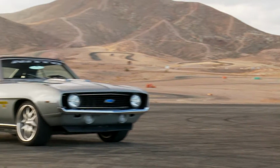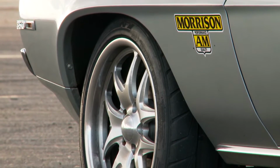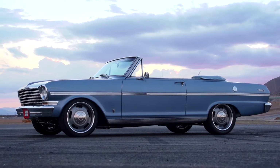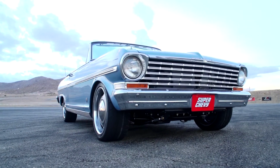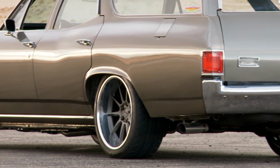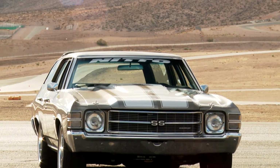We've got an Art Morrison Enterprises '69 Camaro with its new independent rear suspension. We've got the Church Boys Racing '63 Nova convertible with a battery of its great new parts. Bolt-on stuff, we love it. And then we've got a 4,000-pound '71 Malibu wagon with Global West suspension parts, and we know that's going to